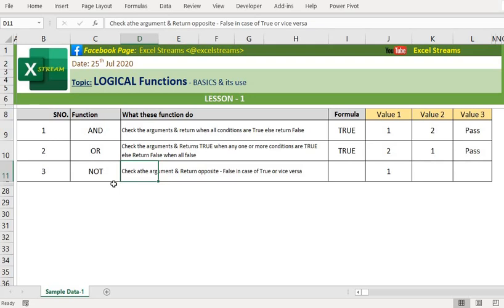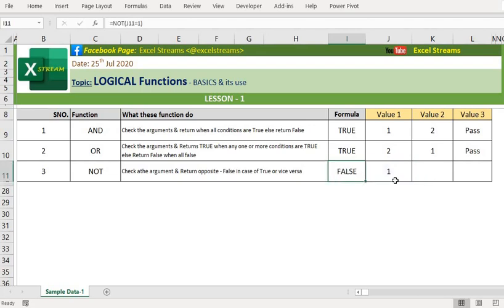So in which case do we use NOT? What does this function do? This function checks the argument and returns exactly the opposite of the value. So for example, NOT this equals to 1, right? Normally it would give me the true value, but the NOT function gives you exactly the opposite of it.